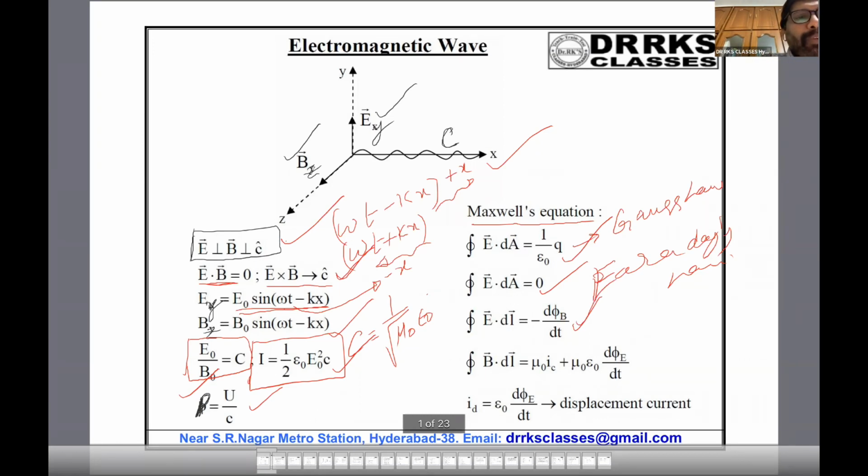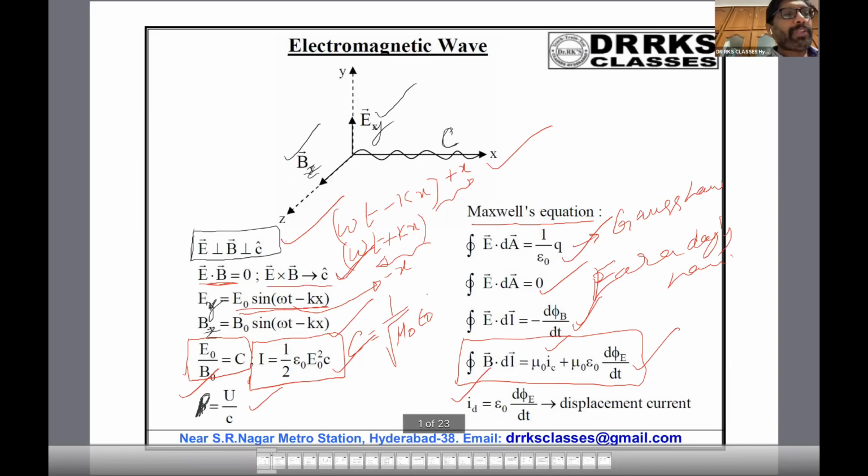And the fourth one is the combination of Ampere's law and Maxwell's correction. So integral of B dot dl is equal to mu naught I C, where I C is the conduction current. And the second part is due to displacement current. Whenever the electric flux varies with time, it also produces current. That current is called displacement current. So the formula for displacement current is epsilon naught into d phi e by dt. Here phi e is electric flux. So these are the basic things required for solving the problems.